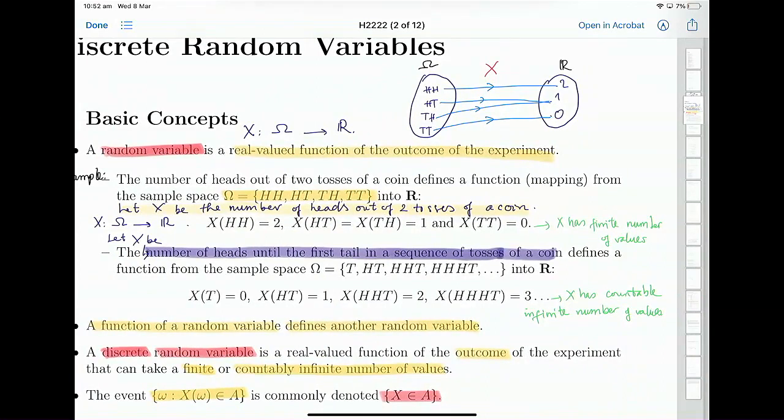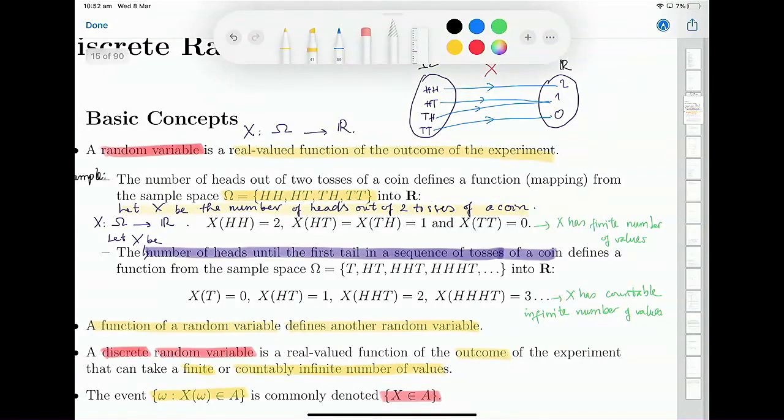Another example is that if I let X be the number of heads until the first tail in a sequence of tosses of a coin. Then you can see that the sample space now is, what is it? It's the first time you flip the coin is tail. And then the second one is head and tail, right? And then head, head, tail, and so on. You can continue it. Then you can see here for this case,